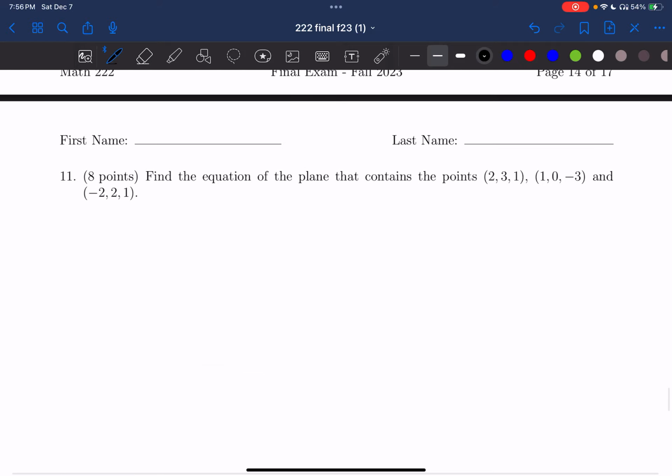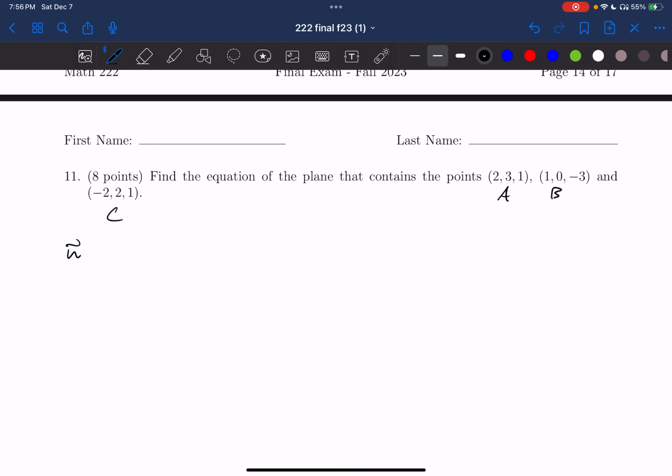Find the equation of the plane that contains the point. Okay, so we're given 3 points. We need to find the equation of the plane. So for the equation of the plane, what do we need? We need to find two vectors on the plane. So if we set A, if this is A, this is B, and this is C,